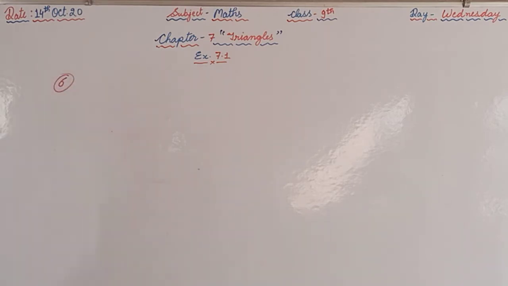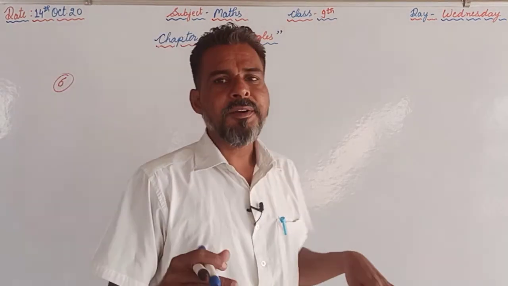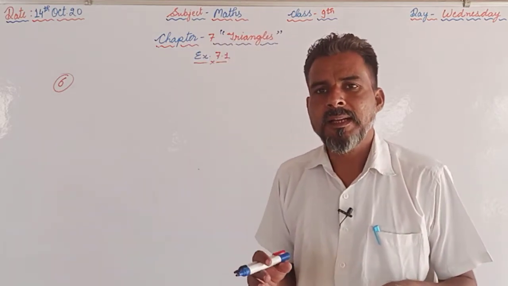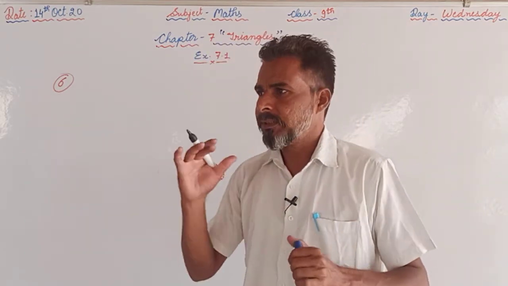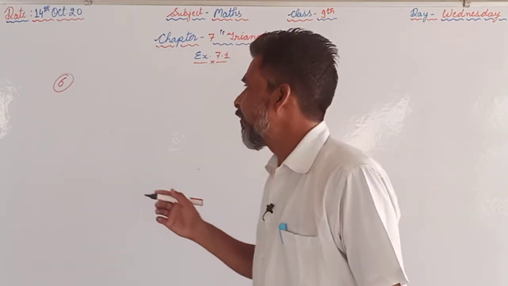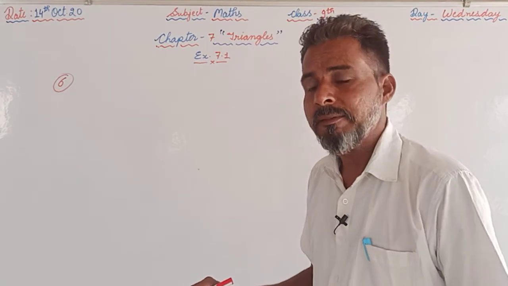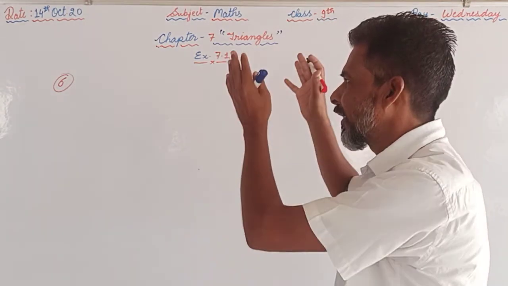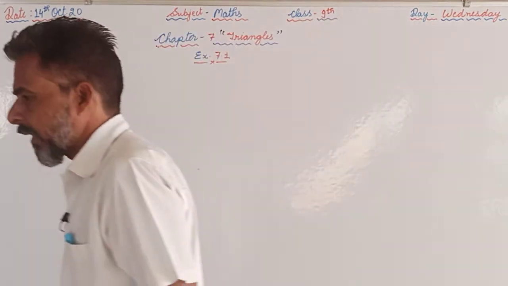Now in question number 6, I think you have come to know how to attempt the question. First of all, we are supposed to mention the given thing, then we are supposed to mention what we have to prove, then we have to mention the construction if any, then at the last we are supposed to start the proof for that. So in this next question 6, I will draw the diagram. In the diagram only I will tell you how the triangles can be proved congruent, and afterwards you are supposed to attempt that question in a proper manner.